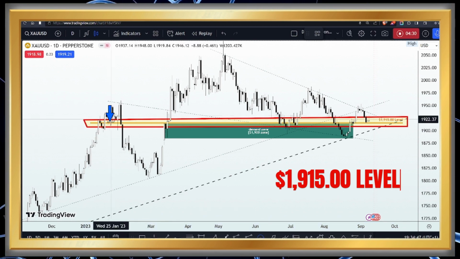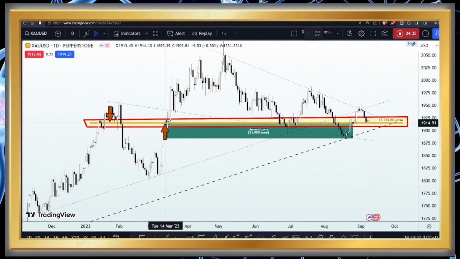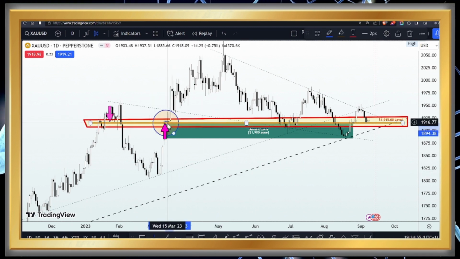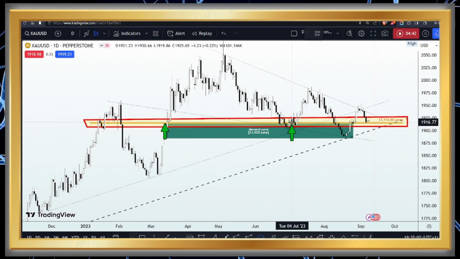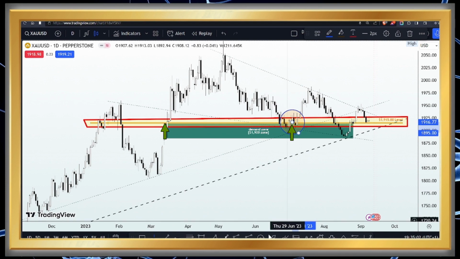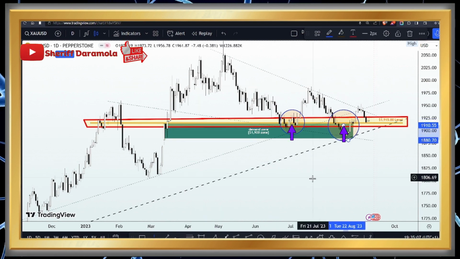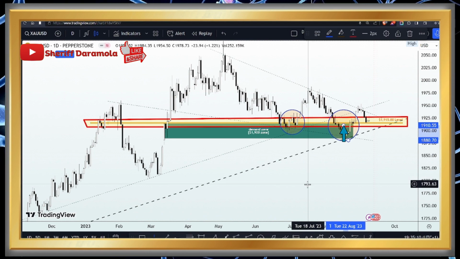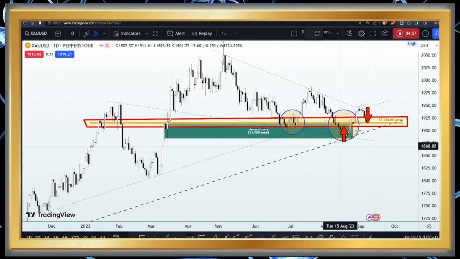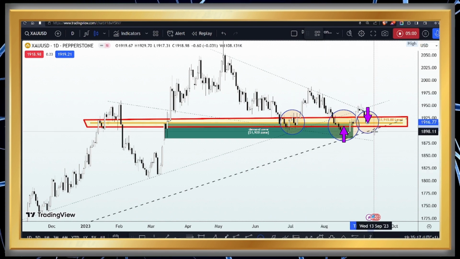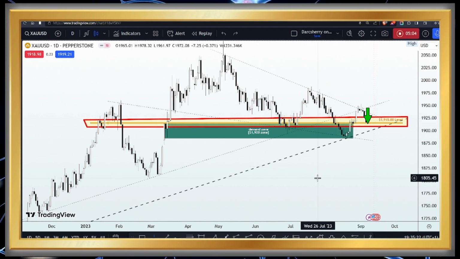Now look at what happened here at the beginning of the year. We saw selling pressure here. We saw the breakout of structure, and since the breakout happened here in the month of March, price has been finding buy pressure around that area. So when price comes into this level, we have seen how sellers struggled as buy pressure always springs out of that zone. And if you look at what happened last week, price is gradually approaching and back into that structure, making it a crucial moment in this particular market.